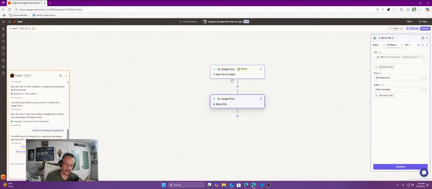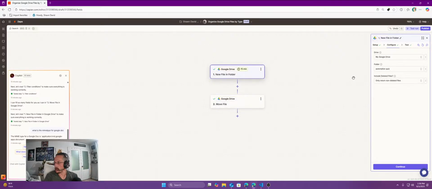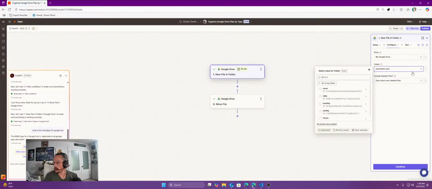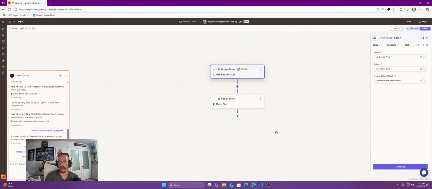And the reason is, now that I'm thinking about this, it's not in the proper folder. There are no presentations in the automation quiz. There are only PDFs. So I'm looking for a presentation in a folder that doesn't have it. I would need to look for a PDF in that situation. So what we need to do is go back and say any folder that we add it to,